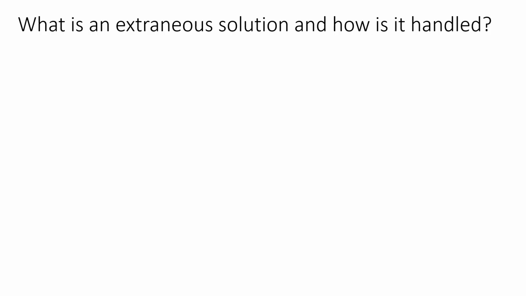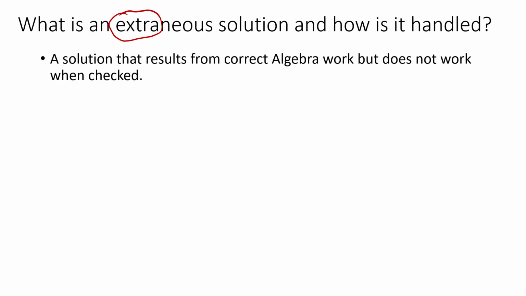So the first thing about the equations in this lesson is that we open up the possibility of having what are called extraneous solutions. Inside that word, you might see the word extra, and extra you might think of as more than we need. And so an extraneous solution is a solution that results from correct algebra work, but does not work when checked. So you can do every step of your algebra correctly, and when you get to the end of the problem, you could have x equals some number,